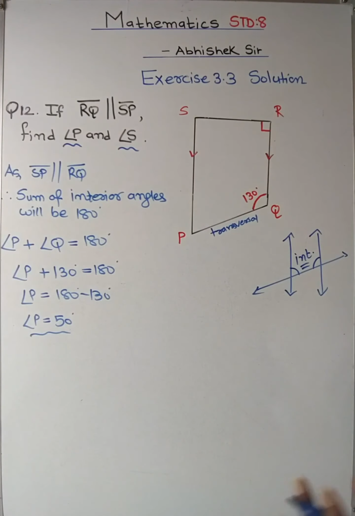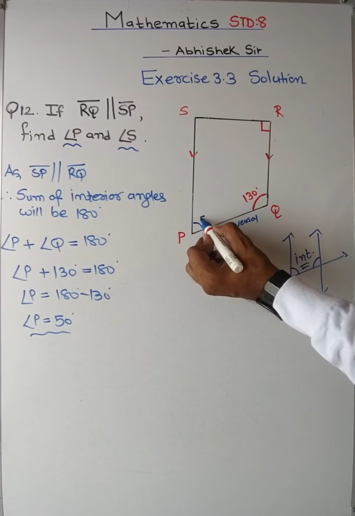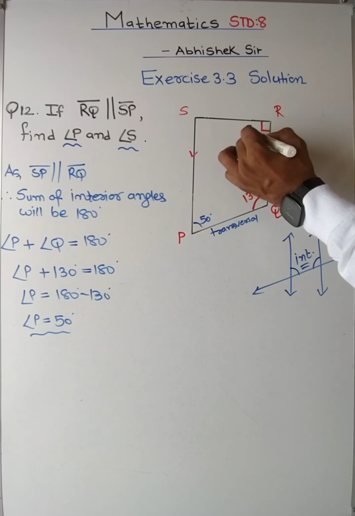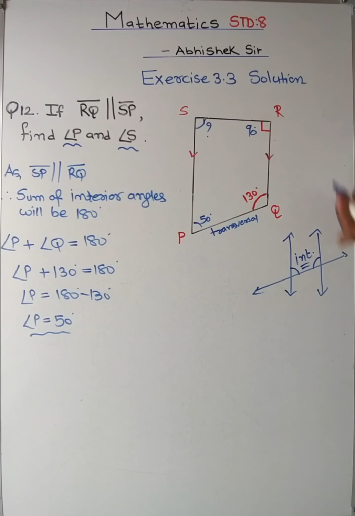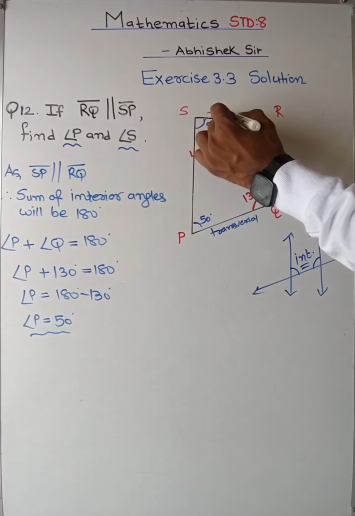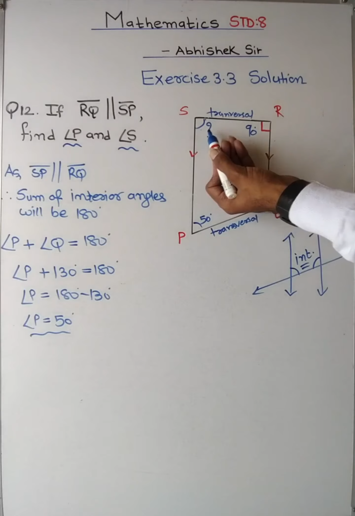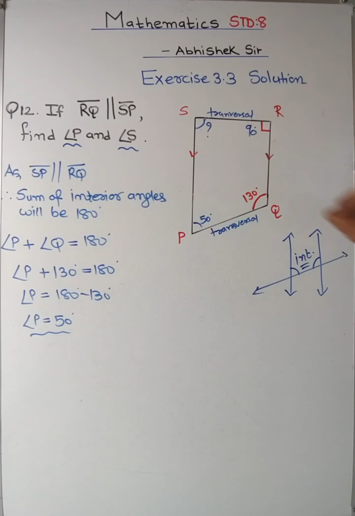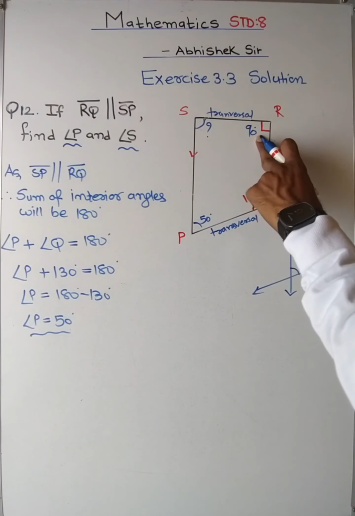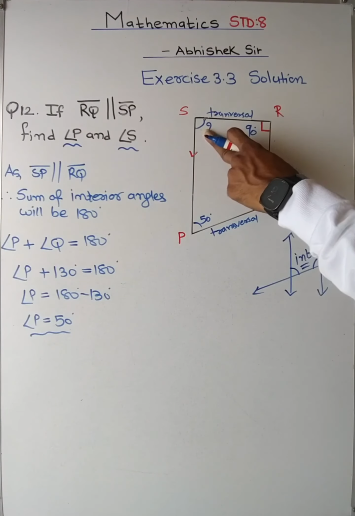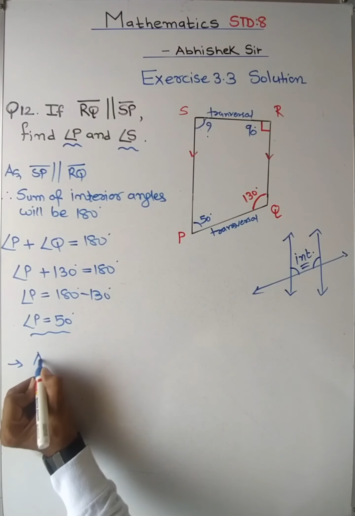Clear? Again, if you see on this side, here we have got 50 degrees. Here it is 90 degrees. So what will be the value of this? If we apply the same concept, if this becomes the transversal, these two also are interior angles as these two lines are parallel. But if we apply common sense over here, if this is 90, this will always be 90. But we will not write in short, we will again write like this as